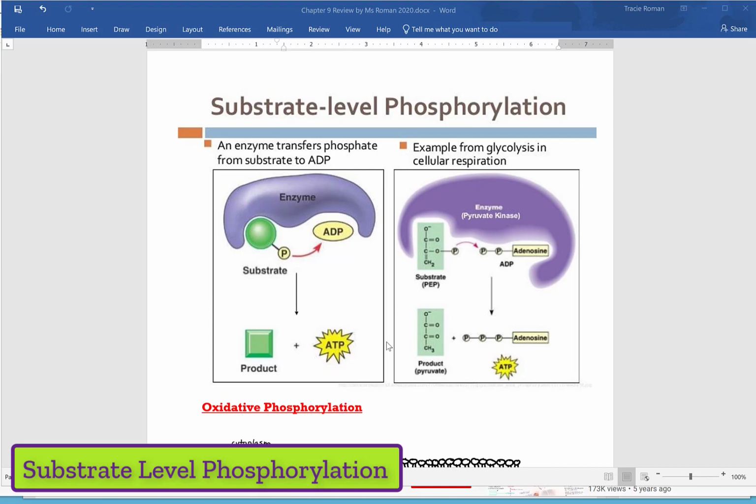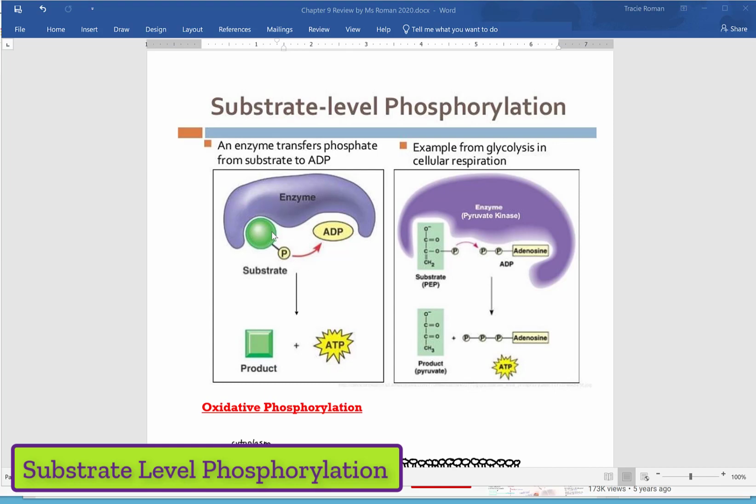For the actual phosphorylation of ADP, there's going to be a lot of reactions that lead up to it, but the actual step of phosphorylation only needs this enzyme and the substrates, and then that's enough. We're going to find out that oxidative phosphorylation takes a lot of other steps for it to occur,